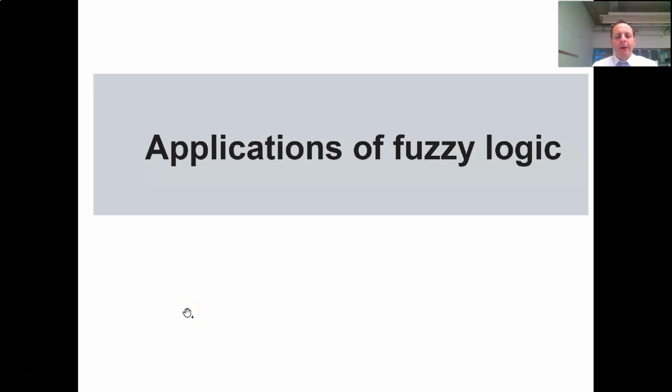Hi everyone. Today we will examine some application examples of fuzzy logic, and we will also end with the analysis of the ANFIS editor. So it's the so-called adaptive neuro-fuzzy inference system, because it is a powerful tool that allows us to obtain